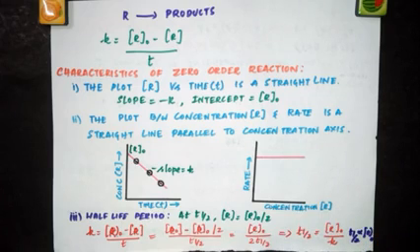Remember, when you take a zero order reaction, the half-life period, which means the time taken to complete half of the reaction, depends upon the initial concentration of the reactant. It depends upon how much initial reactant concentration you are taking. Based on that only, the half-life period will be determined. So we have derived the integrated rate equation for zero order reaction and also the half-life period for a zero order reaction. And as I told you, remember, half-life period for a zero order reaction depends upon the initial concentration of the reactant. Now we will move on to the first order reaction.